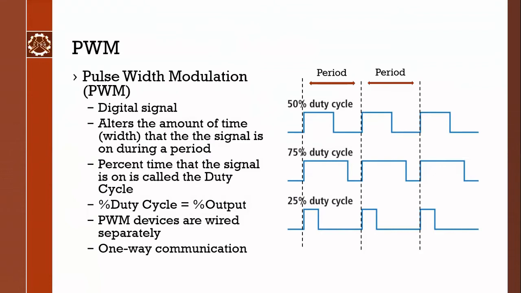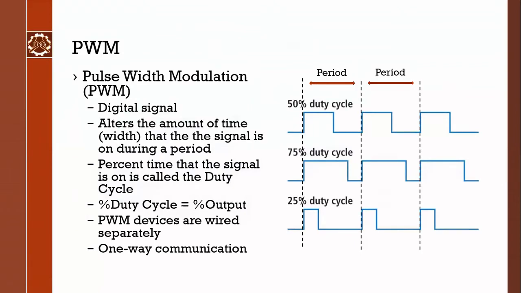PWM is the more basic of the two. It's a pretty simple concept. What that stands for is pulse width modulation, which basically means that PWM sends a digital signal, which you can see by that square waveform. And it has a period, which is a set amount of time